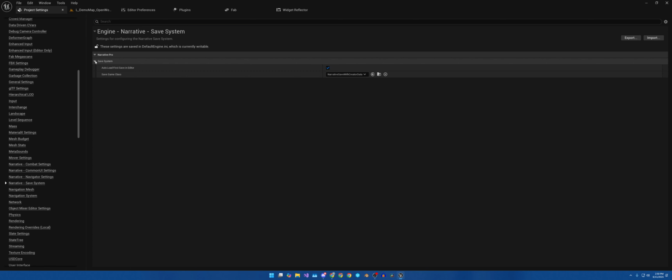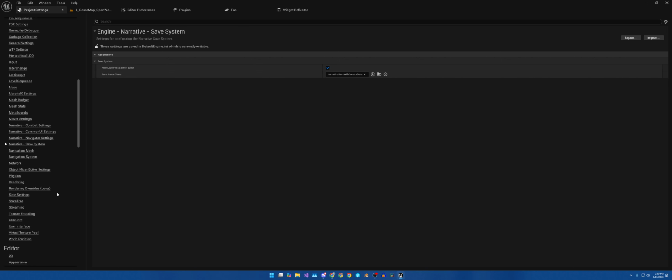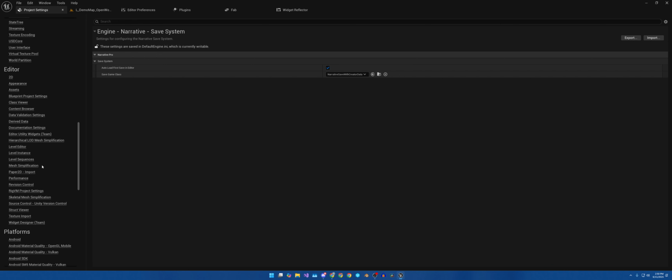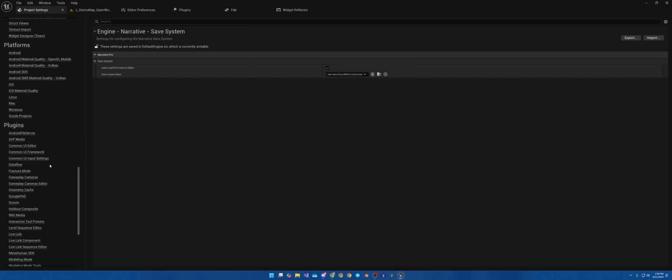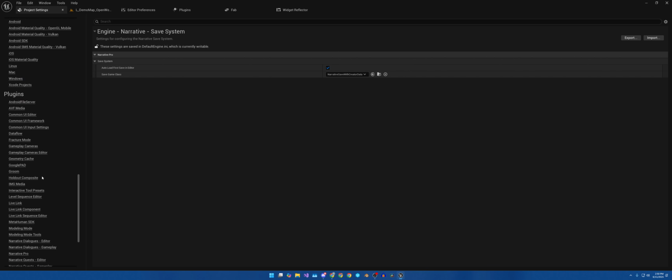And then the save system. So auto load first save in editor. You can always mark that to false. Save game class. If you're wanting to make changes to the class, then you would go ahead and make a child of this. I believe that is it, but we are going to make sure. And if you come here to plugins,